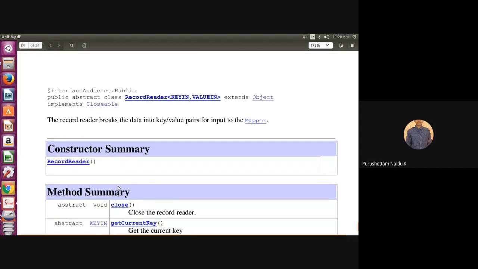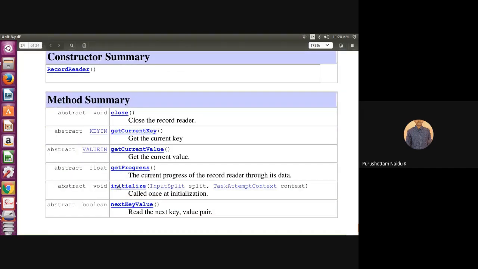Okay, now we can see some of the methods of RecordReader. The first one is the close method. This close method can be used to close the RecordReader. And the getCurrentKey method can be used to get the current input key that is given to which one?